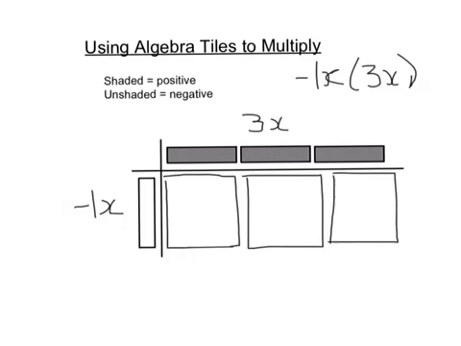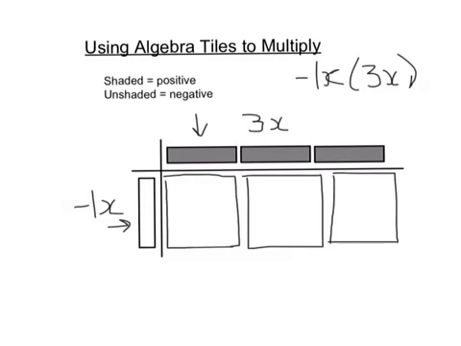So x times x is going to be an x squared, and then the last thing that you have to take into account is whether it's going to be positive or negative. So for this, you're just going to use your basic multiplying rules. A negative times a negative is positive, a negative times a positive is negative, and a positive times a positive is positive. So here, for my first, I am multiplying negative times a positive, which means my answer is going